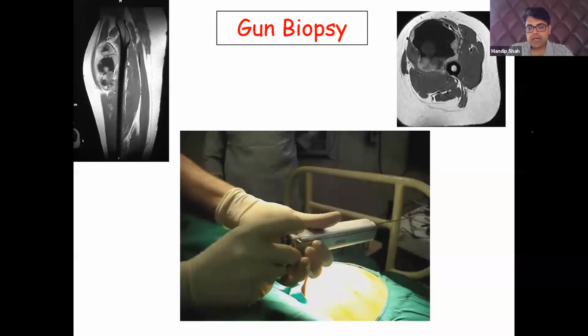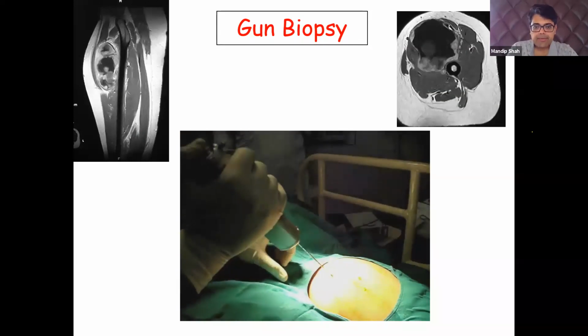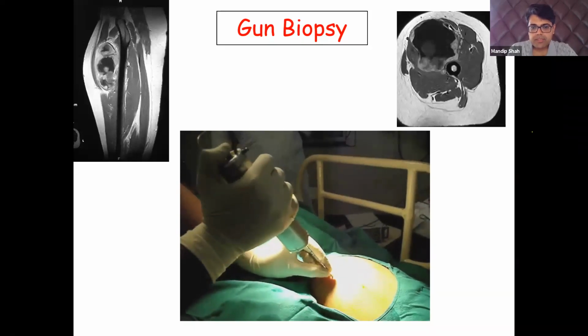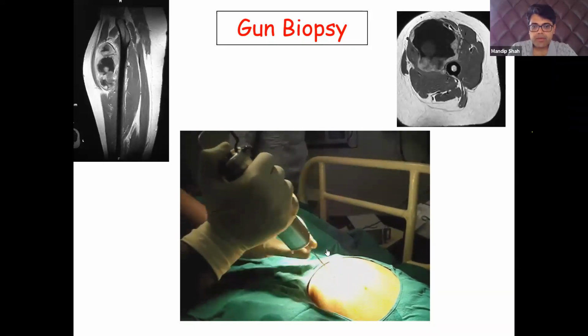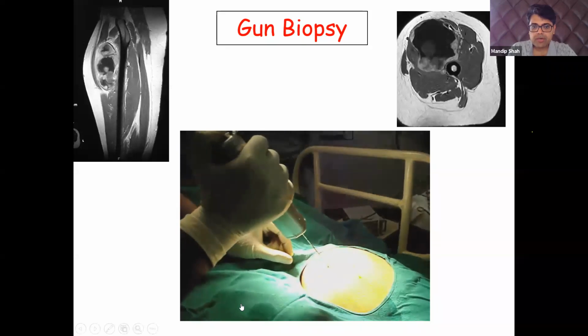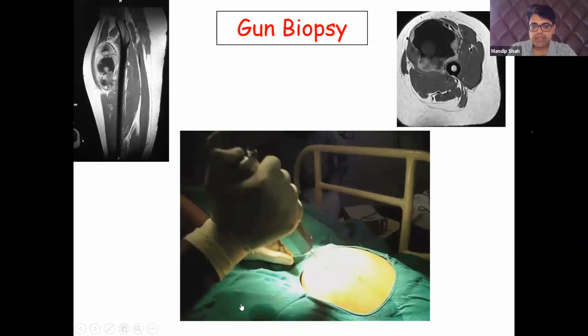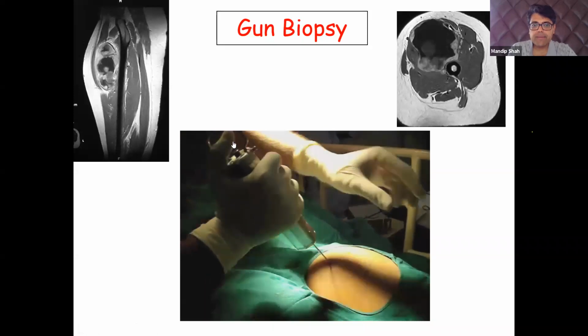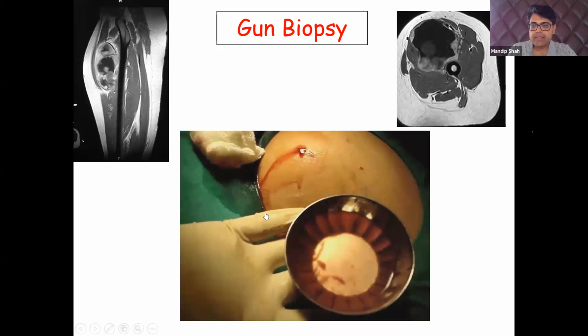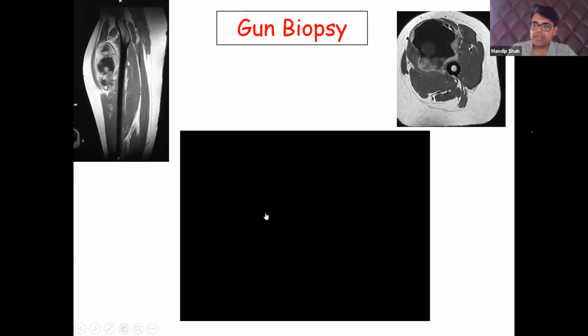you load the gun, and you should go up to the, this is where you get the, so you have advanced it till the capsule of the tumor. And how will you know whether you have advanced or not? It will give you a resistance, and then you fire the needle by pressing this button here, and inside that needle you will get this kind of a core. So you have to do it 3-4 times and take out different cores from different areas of the tumor.